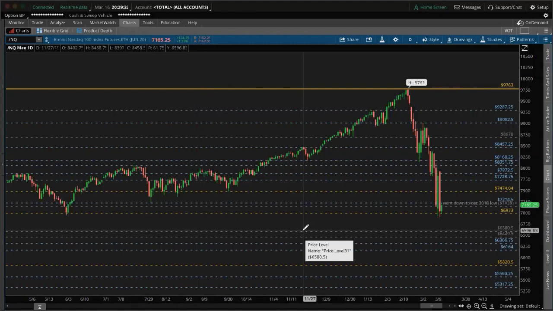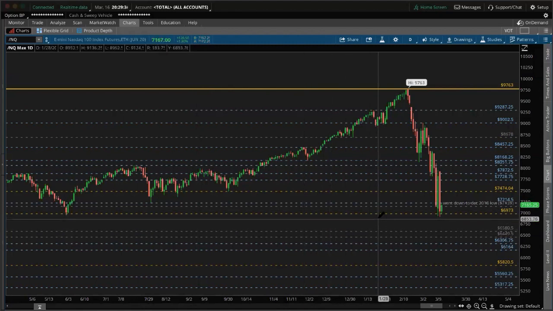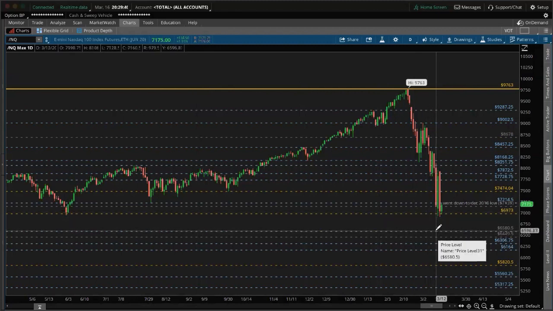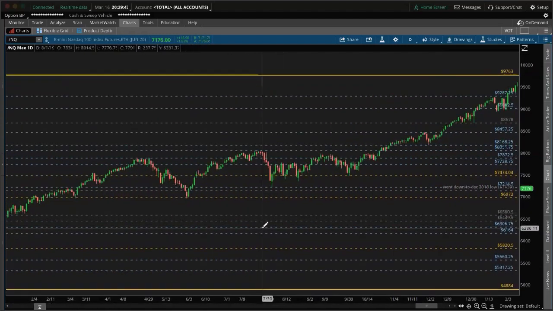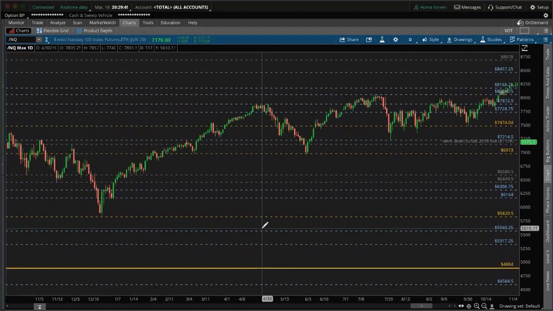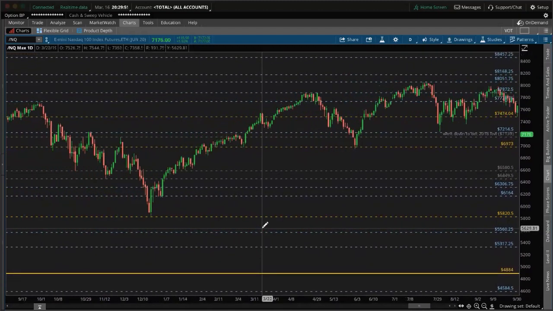So on a daily, I've kind of got this big gap between here. And so if price breaks this level, does that mean it's necessarily going to go to 65.80? Not necessarily. But if we just look at what's on our screen, it might. But let's go back in time and see if there was anything that we missed or couldn't see. Now here's a level